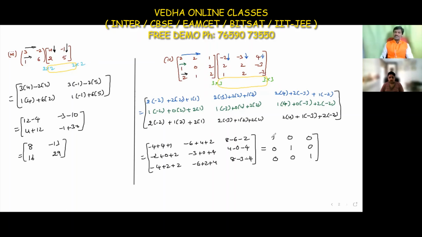So this is the identity matrix. It is the identity matrix. That is nothing but these two matrices are multiplicative inverses of each other. But here we want the result. We can write it like this or like this: I3 or I 3 by 3. Okay, this is the required answer.